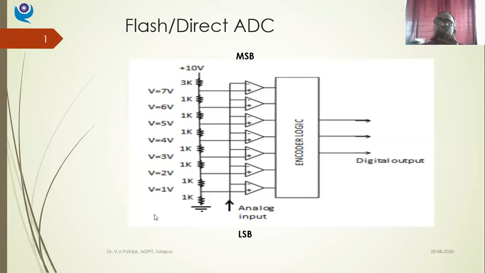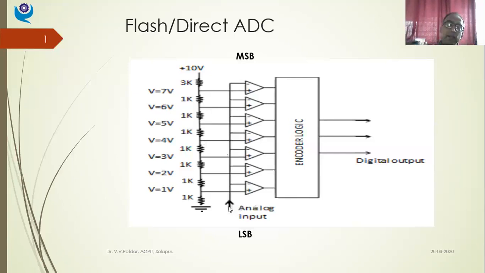In the first phase, corresponding to 1 volt, let us take one example, yesterday's example only, I'll just repeat. I want to have 2.5 volt converted into a digital signal. So I have provided this input voltage. This is going to remain fixed. At this terminal, I'll have 1 volt. At this terminal, 2 volt. At this terminal, 3 volt, 4 volt, 5 volt, 6 volt, 7 volt, and then 10 volt. So my input analog voltage, which is to be converted into digital form, is, let us say, 2.5 volt.